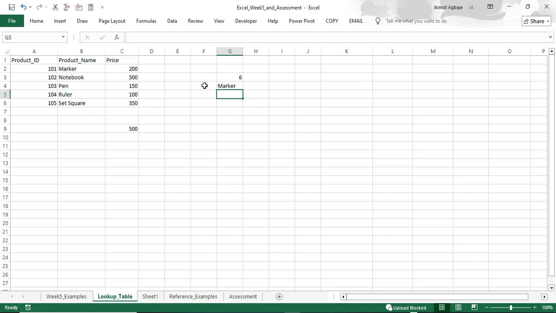Remember I said you use INDEX to get your actual value from a specific row or column. So combining both together, let's combine both together, where you have equal to INDEX, open your bracket,